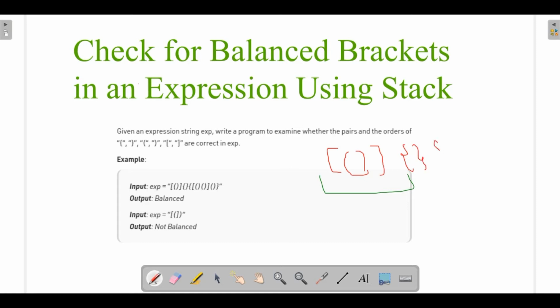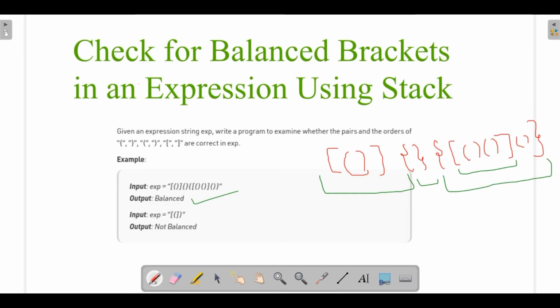After that there are more opening and closing bracket pairs, again another pair, and so on. So till here it is balanced, and after that there is also a pair of opening and closing brackets, and at last this one. So this is also balanced, and the output is balanced.